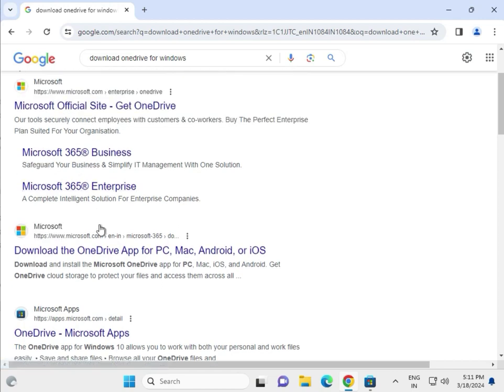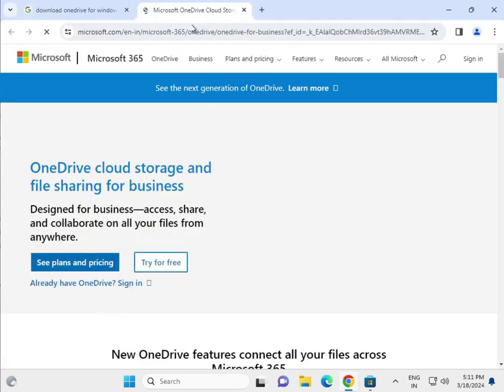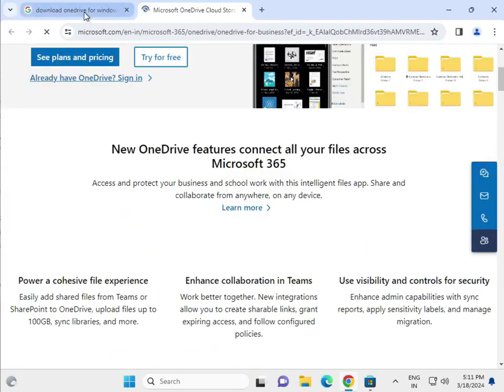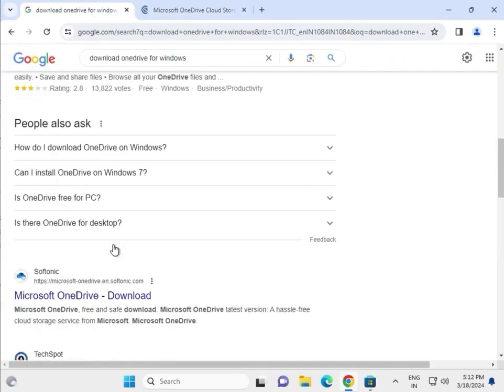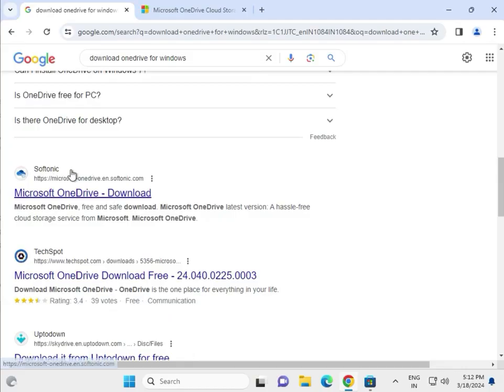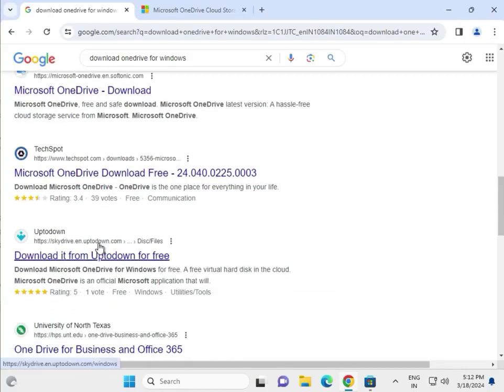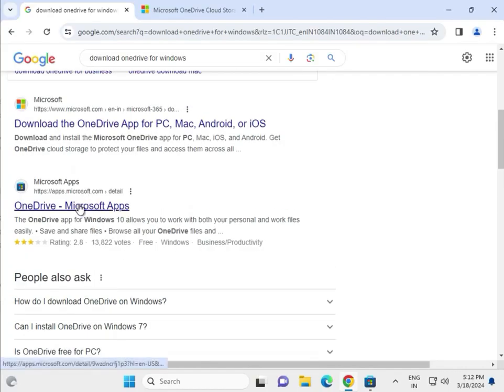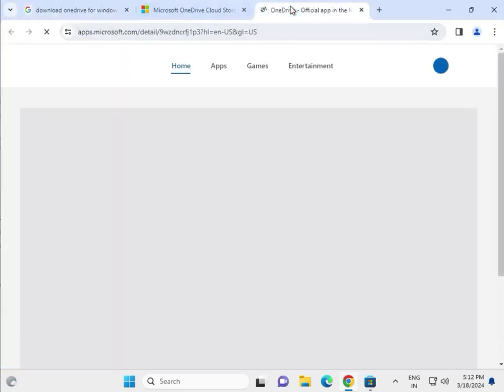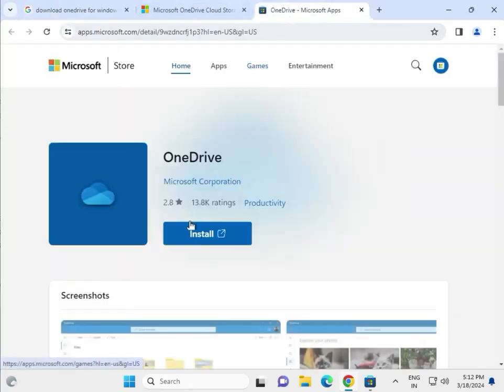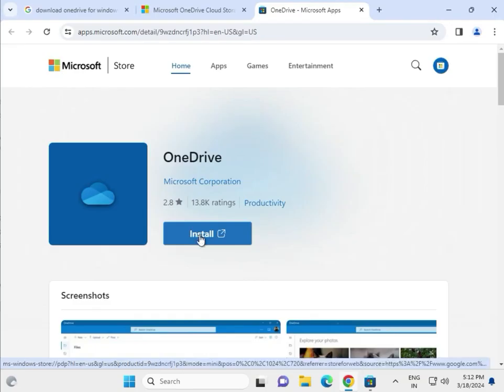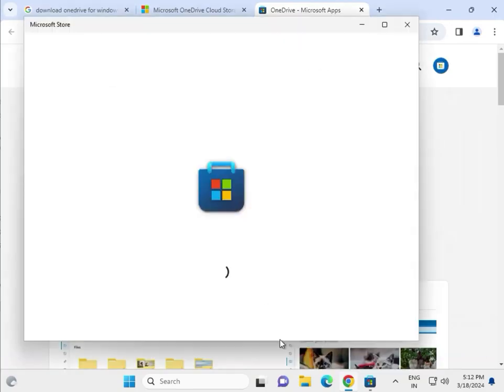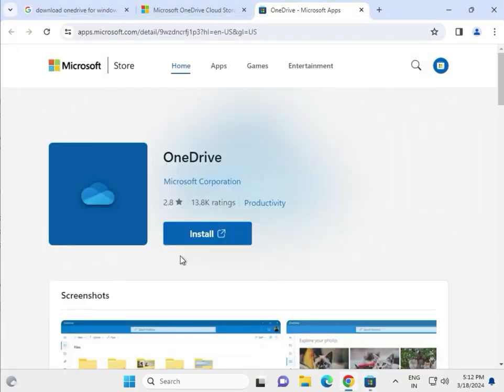You can select any official site like this. This is already, then click install. Okay,